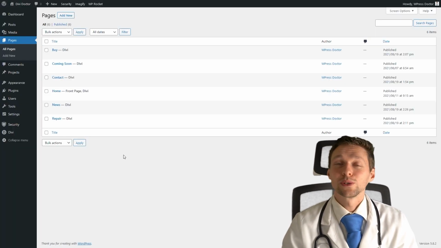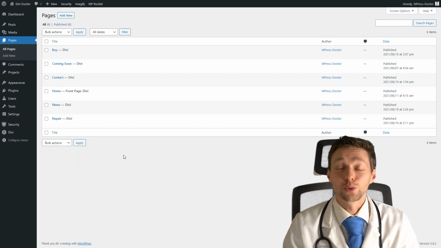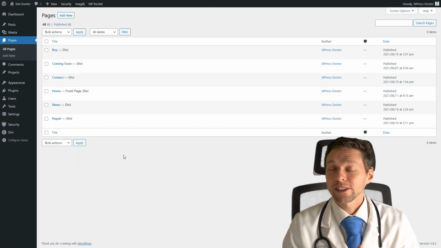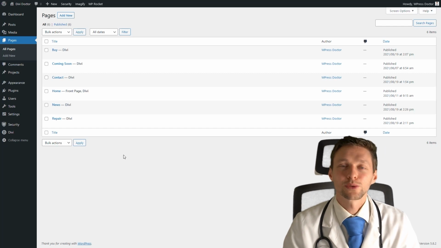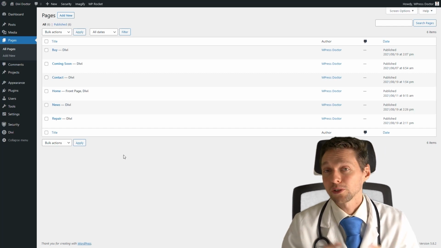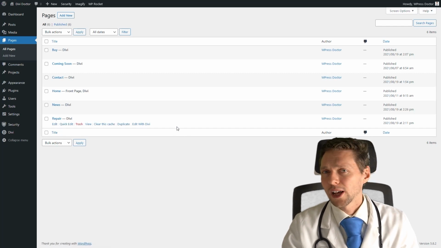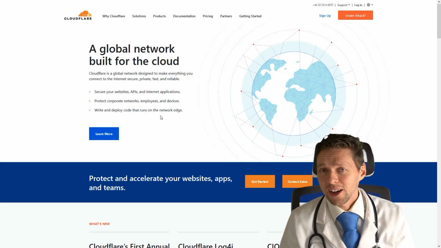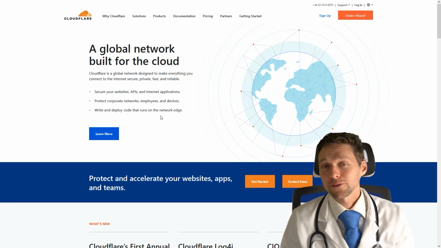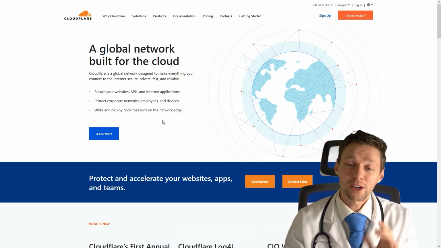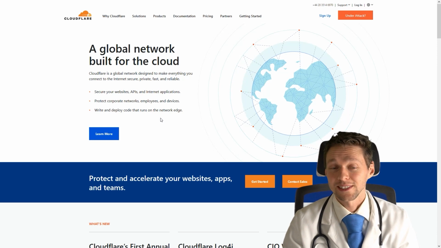And for that, what you can do is we can route our website through Cloudflare. Now, Cloudflare is a free tool which you route your website through, and you can also pay for them to add more options. So what do you do? You go to cloudflare.com. What's also very awesome is that your website is protected from DDoS attacks when you're routing your website through the Cloudflare system.